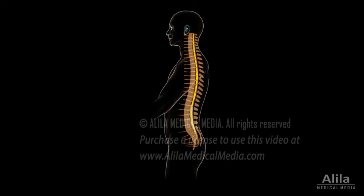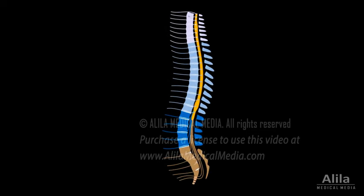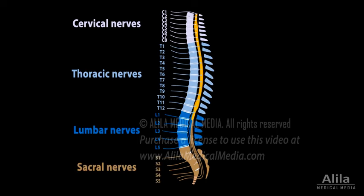There are 31 pairs of spinal nerves. Each arises from a segment of the cord and innervates a particular part of the body. They are named after the vertebra from which they emerge. Accordingly, there are 8 pairs of cervical nerves from C1 to C8, 12 pairs of thoracic nerves, T1 to T12, 5 pairs of lumbar nerves, L1 to L5, 5 pairs of sacral nerves, S1 to S5, and 1 pair of